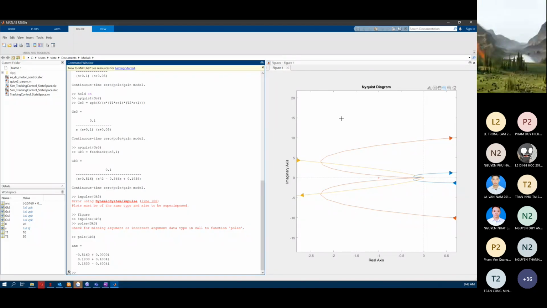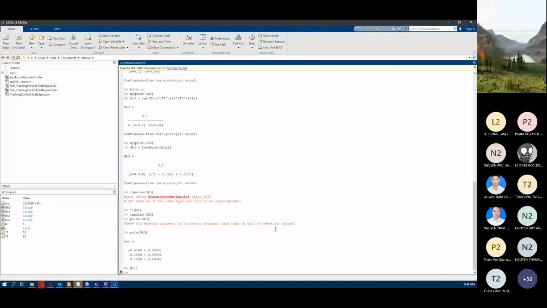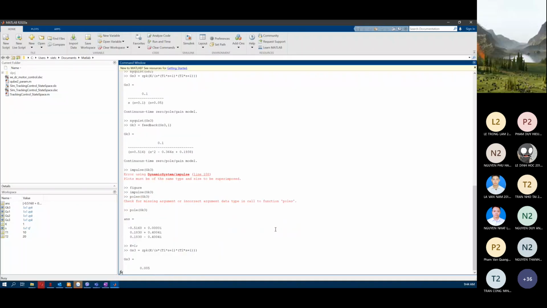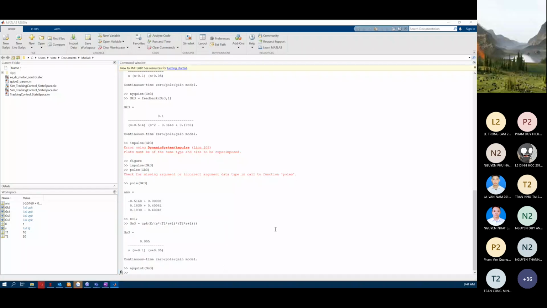But if I close this one and change the k value now equal to, for example, 1. I don't know what value of k makes the closed loop system stable again, but I will try it here. G(s)3 equal to now, right, and Nyquist of G(s)3. Then we see, yeah,